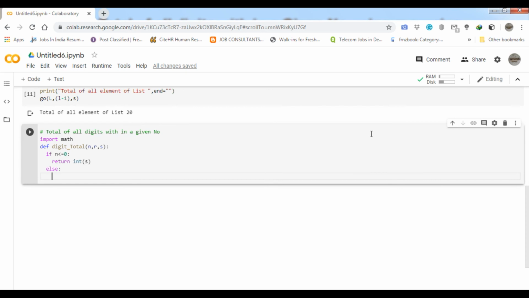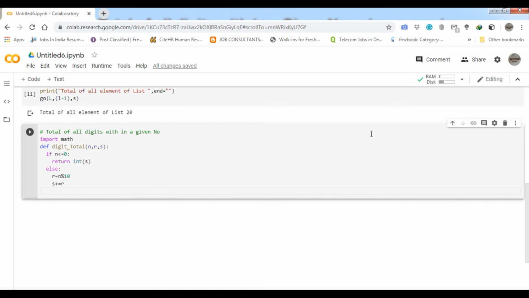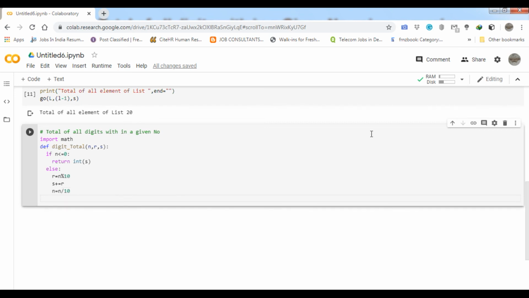Within the else part, student, I have to calculate the remainder, that is nothing but n modulus by 10. Then after that I store it in some variable, that is remainder. At last I have to calculate the next n upon 10, because I have to decrease the n also by using some logical way, and I have to return it.